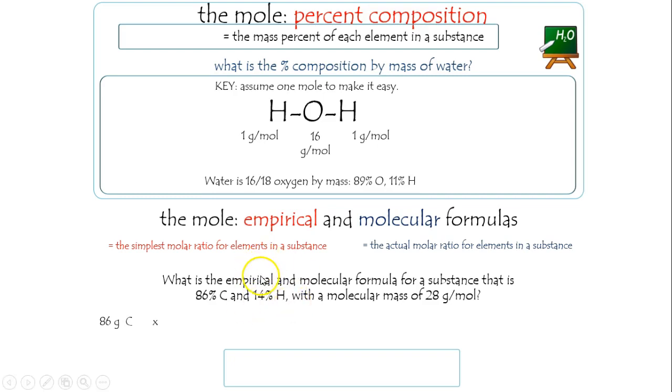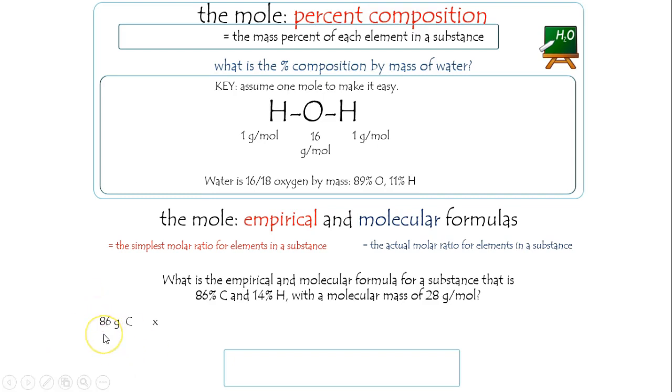To go from empirical formula, which is the simplest ratio of elements, to molecular formula, which is the true ratio of elements, which is scaled, you need molecular mass to see if you got it or if you got to multiply it. This is a little less straightforward, perhaps, than percent composition, because you want a mole ratio, right? You want, like, H2O is a mole ratio of 1 to 2, right? 1 oxygen atom for every 2 hydrogen atoms, or scaled up, 1 mole of oxygen for every 2 moles of